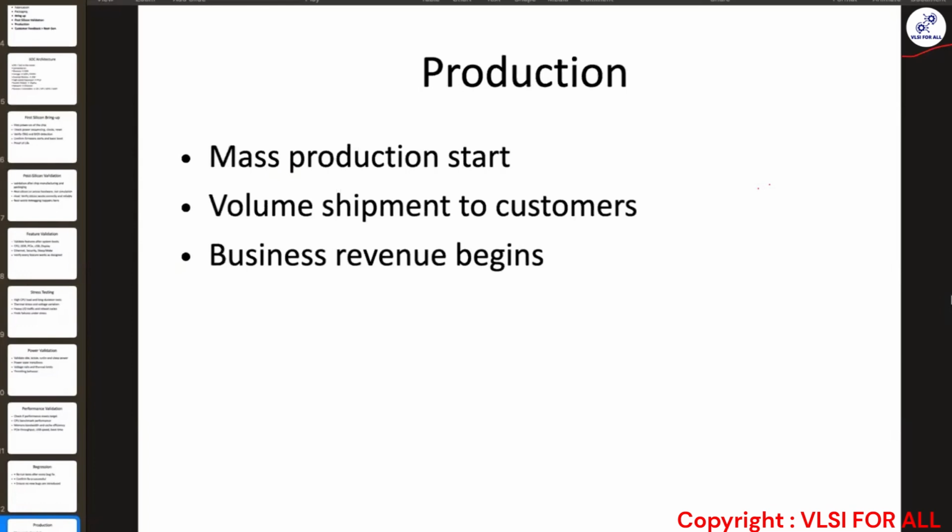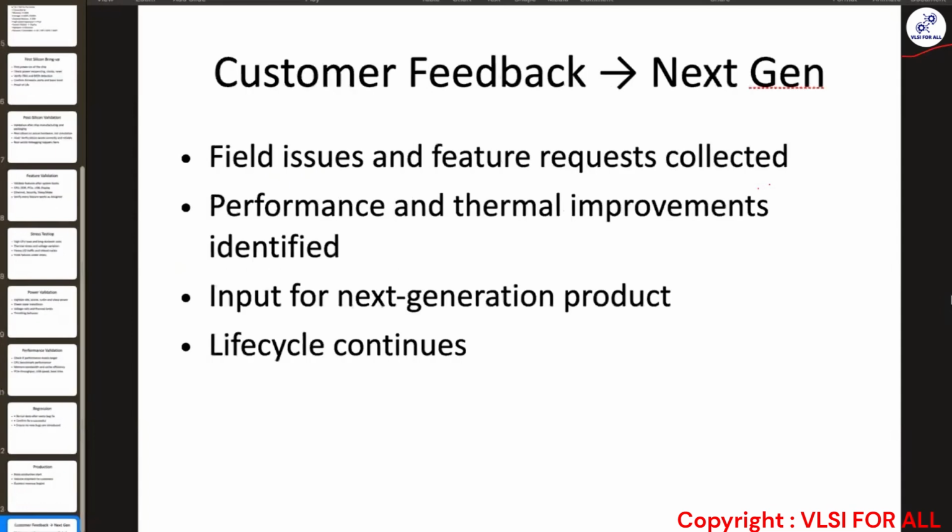Then what happens after the production? This is also a lengthy process where you send it to your customers. The customer may have to build a platform, right? You are the silicon manufacturer, and you sell it to your customer. They have their own requirements, not in terms of the silicon, but maybe they may have to change the interface of that particular